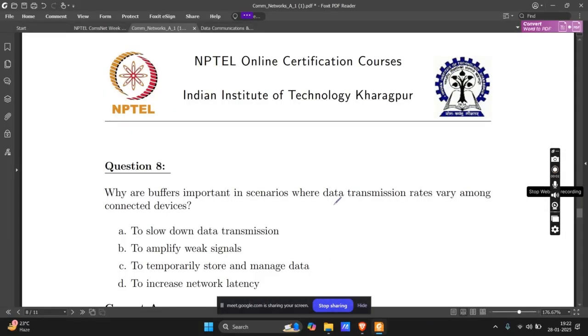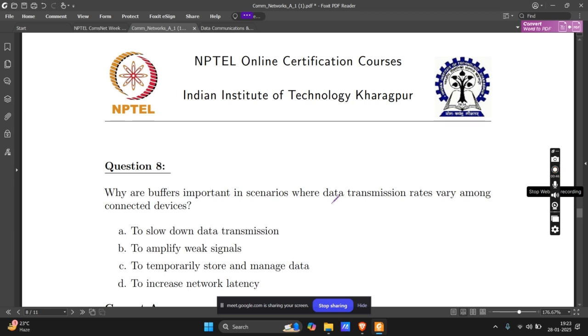Okay. So the next question is, why are buffers important in scenarios where data transmission rates vary among connected devices? So the devices are not sending their data at a fixed rate. If they are sending at different rates, a device which is sending data very fast will have all its data sent already when the other has not even finished transmitting half of theirs. So all of the data are not getting serviced together because the devices have differential rates,